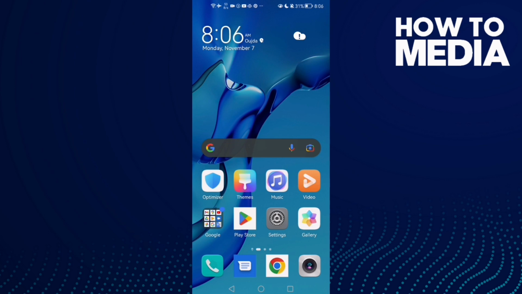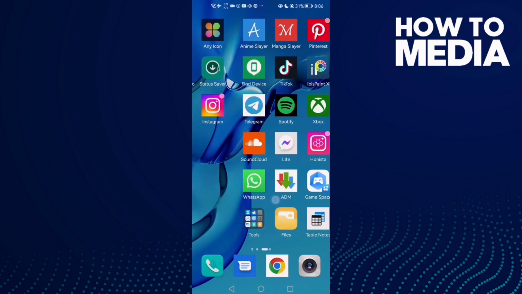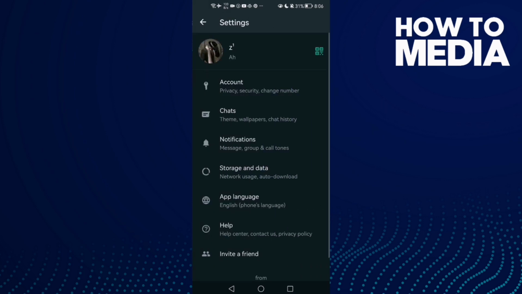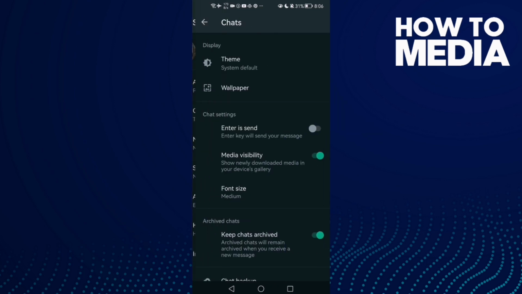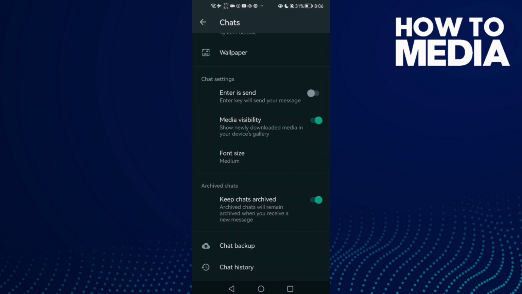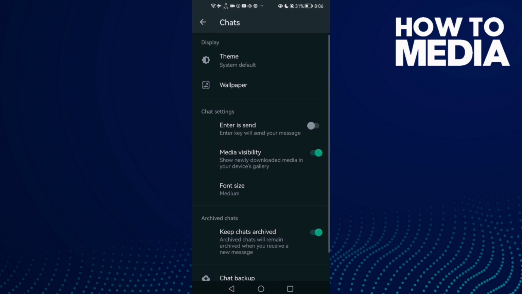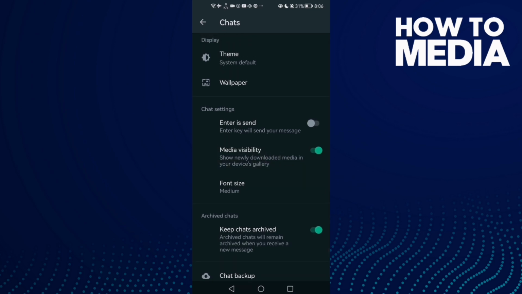First, just open WhatsApp, and now click these 3 points here, and then click settings, and show newly downloaded media in your device. Here we'll find it, this one, just enable it,